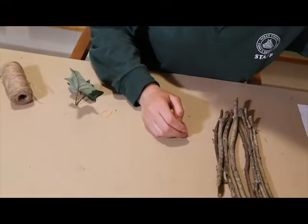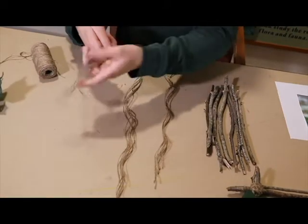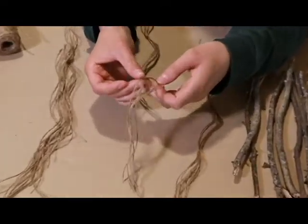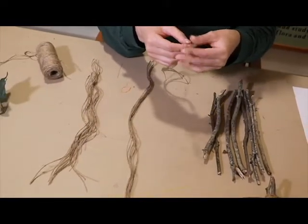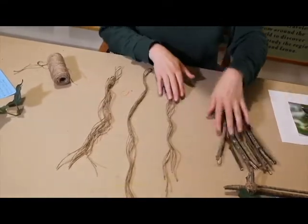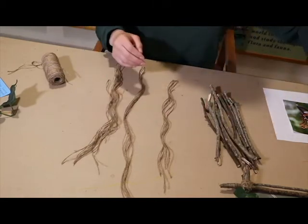Besides that, you're also going to need twine, and I have a couple different lengths of twine, or you can use string or shoelace, whatever you would like to use. Anything that you can tie and that holds up pretty well. You're going to need 4 pieces that are probably about 8 inches long, and I just eyeballed this, so nothing super perfect. And then about 13 pieces altogether, I just have these broken up for later, of about 6 inches. If you're not sure, make them a little bit bigger and you can always trim them down later. And then you'll need some scissors,